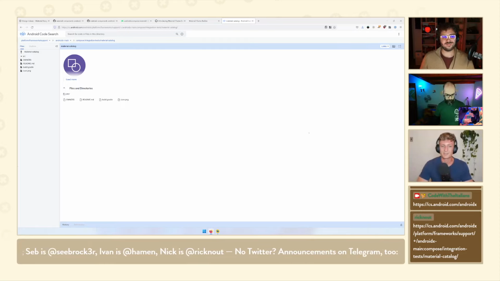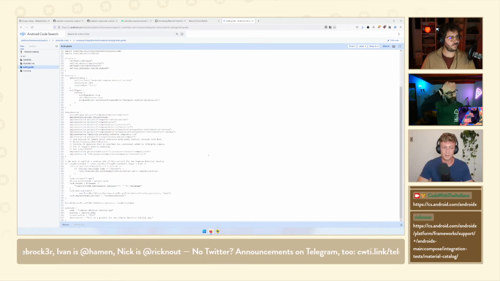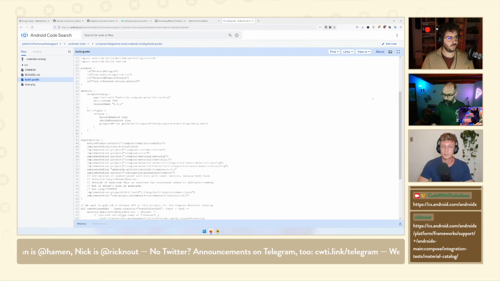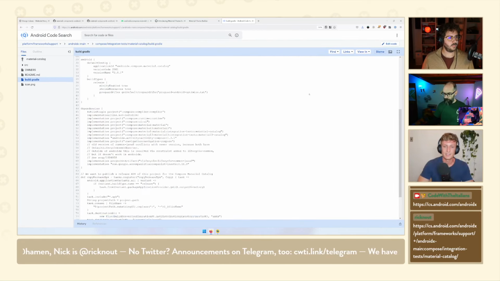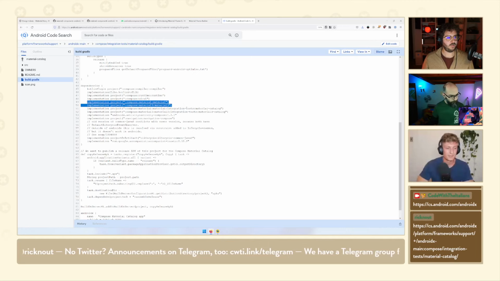Well, not trickery, it's just organization really. The main module for the app itself is quite small. It's almost like just a shell to show those two catalogs, and then I'll send you a link to where the main source code lives for the Mutterial 3 catalog. So you have both dependencies there.